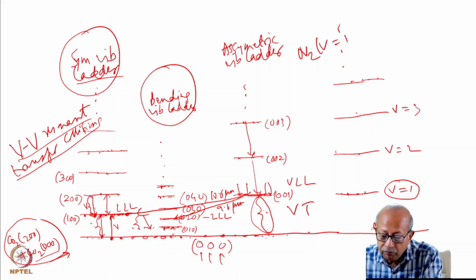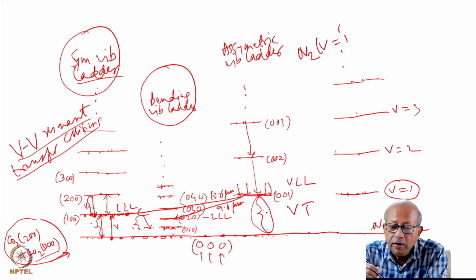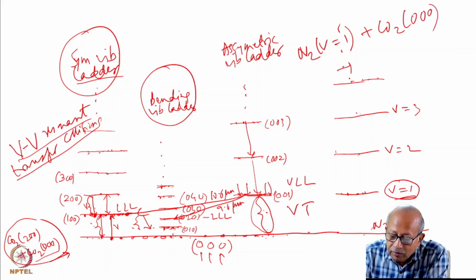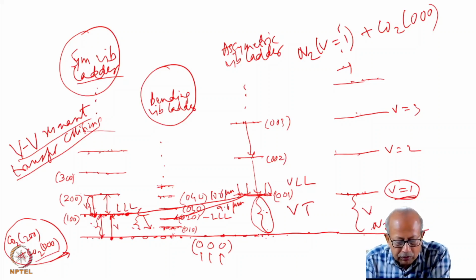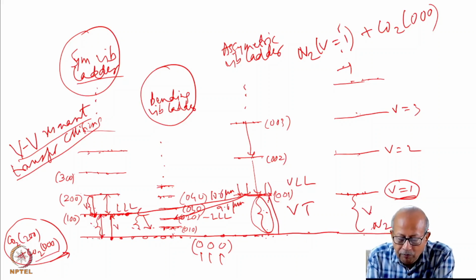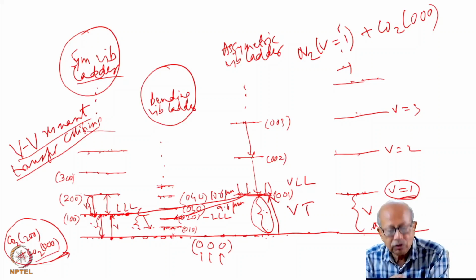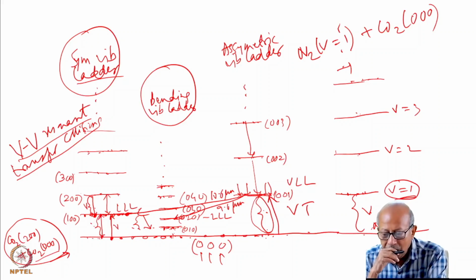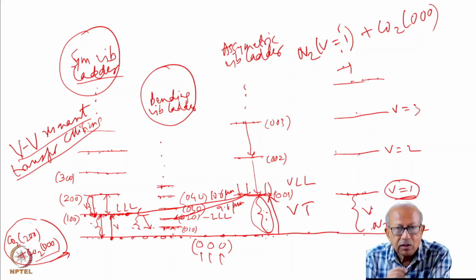Once again, the relaxation from here to here is a very slow process. However, if a nitrogen molecule in this first vibrational excited state collides with a carbon dioxide molecule in the ground state, then this vibrational energy which will be relaxed can be absorbed by the carbon dioxide molecule in the ground state, and it will climb up to the first asymmetric vibrational excited state, because this energy and this energy are the same.